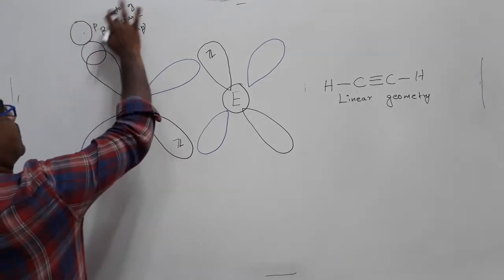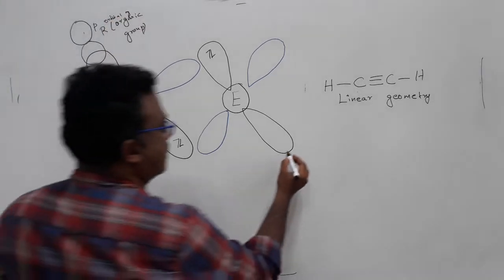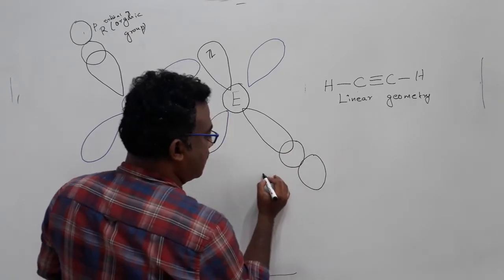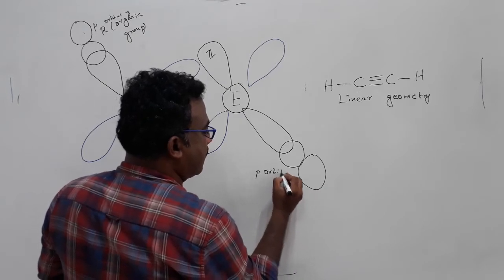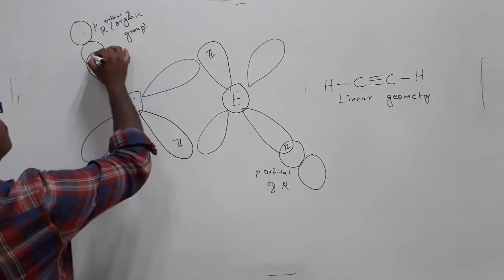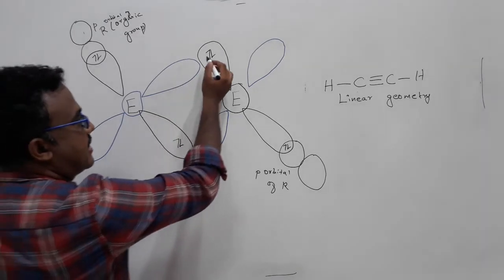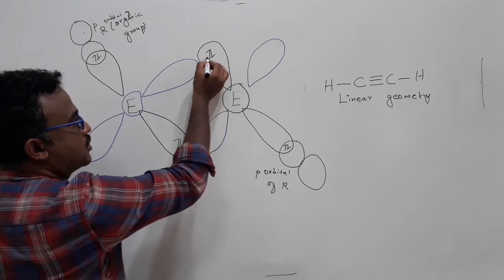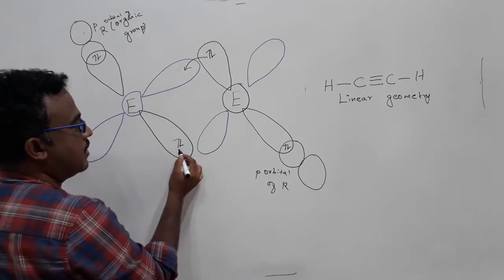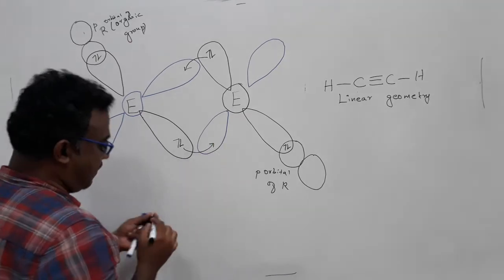The p orbital of R, again here on this side. This one is again the p orbital of R. Okay, so now what happened? It has an empty lobe, an empty p orbital. A pair of electrons from the sp hybrid orbital is moving to the p orbital of E, the neighbor p orbital of E. Similarly, E has a pair in its sp hybrid orbital that is moving to the empty p orbital.